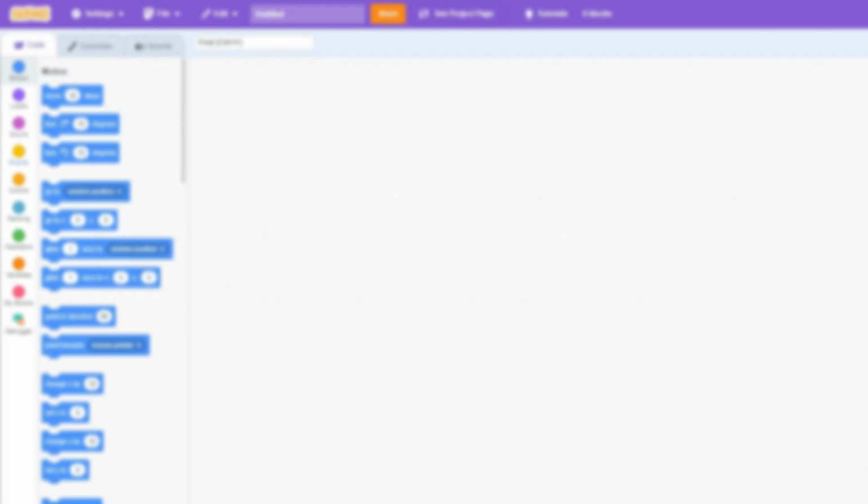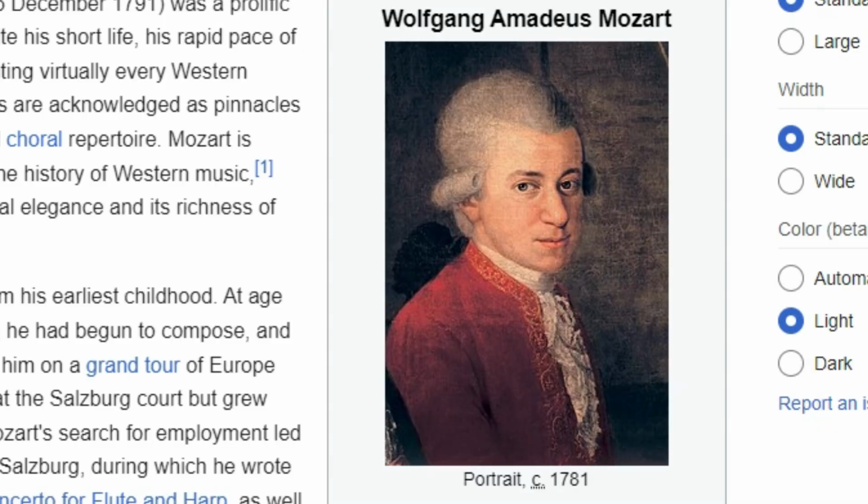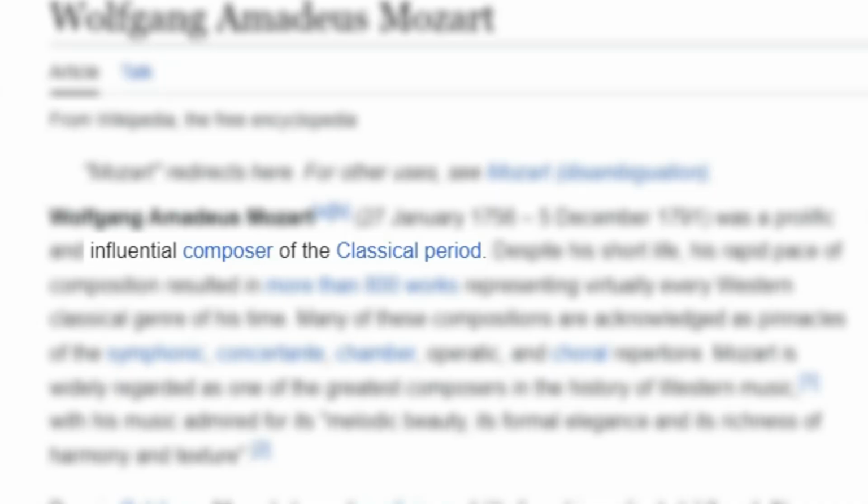This is Scratch, one of the most basic coding languages. And this is Mozart, one of the most well-known composers of the classical period. And when you combine them together,